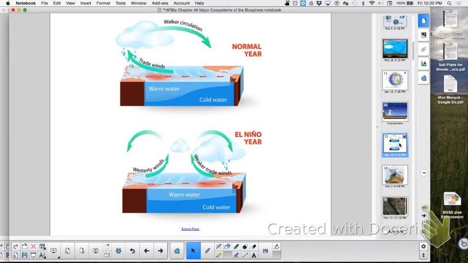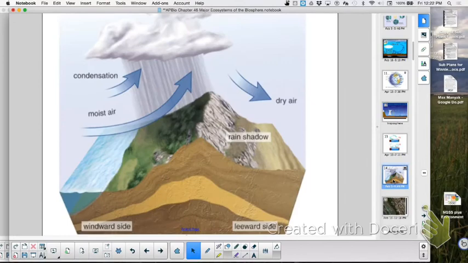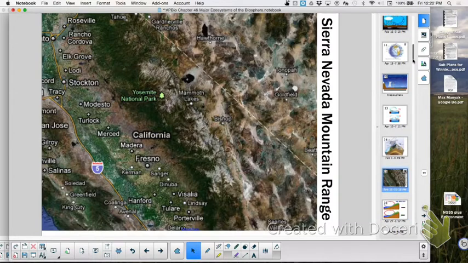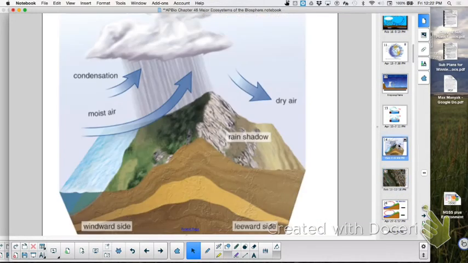Okay, and we looked at how mountains can impact when you have rain. You're going to have more rain on the windward side of a mountain, as long as it has accessibility to some kind of moisture that it could pick up. And then on the leeward side of the island, or a mountain range, it's going to be very dry. And our really good example for that was the Sierra Nevadas and Yosemite versus Mammoth. Okay. So windward, leeward, you want to make sure you understand that.